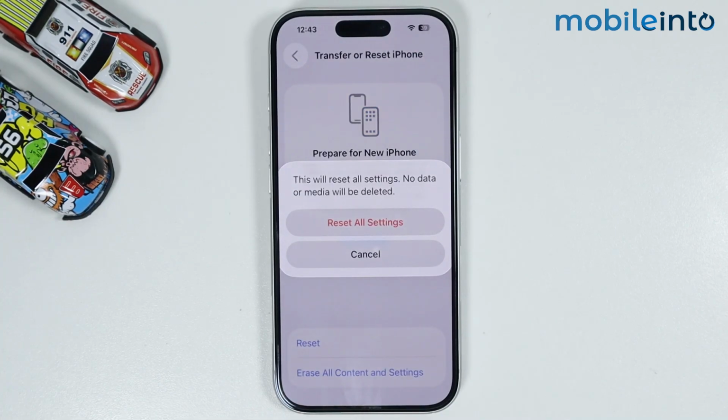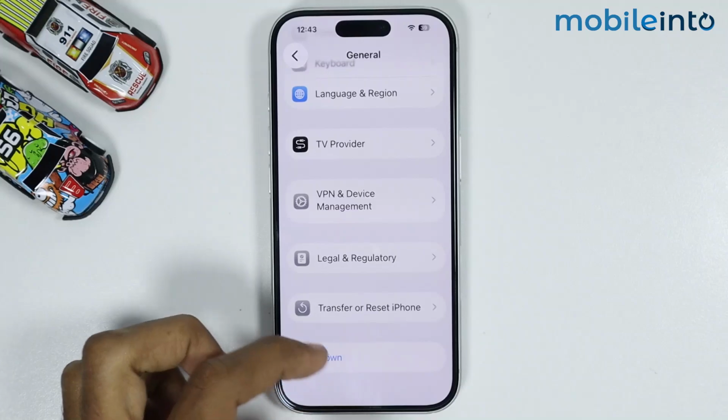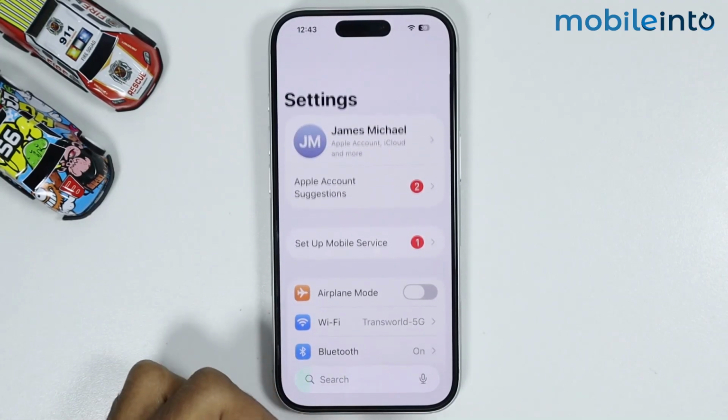And by doing that, you will reset all the settings on your iPhone. And this option will not delete any data. It will just reset all the settings on your iPhone in case you have enabled a setting which might be causing this issue. Now after you have done that, and if this also did not fix your issue, then